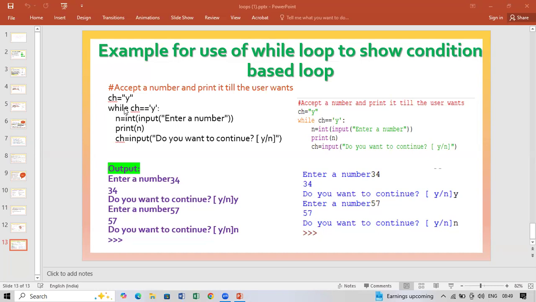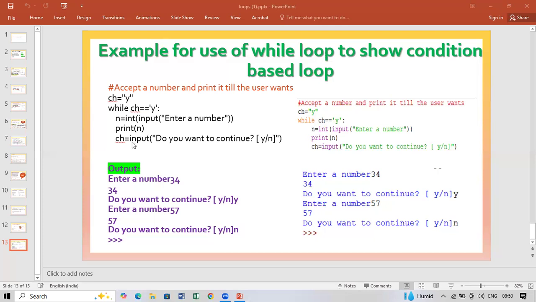Now I come to the condition. Now condition में हम क्या दे रहे हैं, while the value of ch remains y. So to make the while loop execution start, I have to give the initial value of ch बाहर as y. अगर मैं ch को इनिशियलाइज नहीं करती तो भी ये लूप नहीं चलेगा, एरर दे देगा ch नॉट डिफाइंड। अगर हम ch को कुछ और देते हैं तो वो नहीं चलेगा। So it has to be based on your condition itself that initially only ch is y, hence the first time the loop executes,